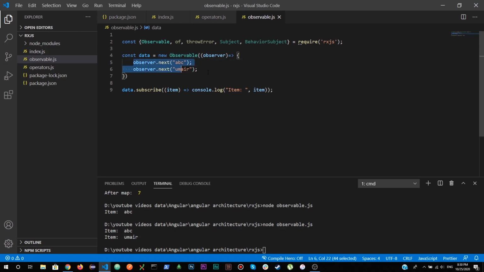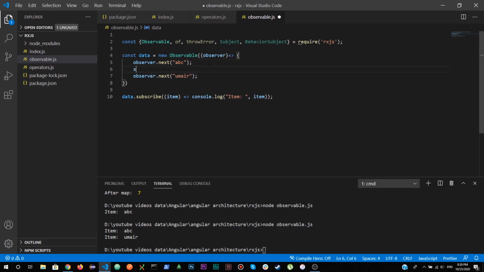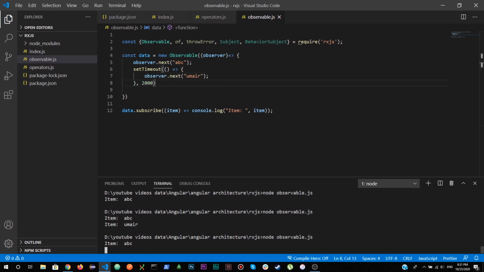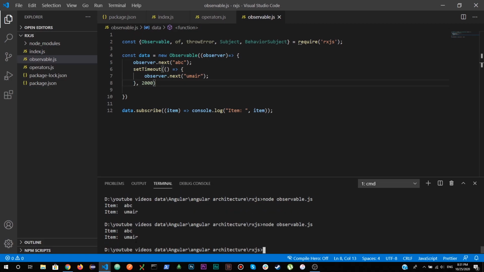It's not like you can only add it directly. It's up to us how we want to manipulate data. So let's say setTimeout, right? So I want to show my name after 2 seconds. So I will add the milliseconds in this setTimeout. So now let me just run it. So now you can see it is waiting, and now it has printed my name. It was quick and it was after 2 seconds, right?